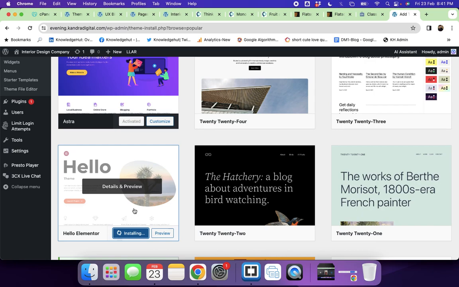Sir, we don't know what type of business categories will come for our websites. So how do we identify whether each theme has all the features? Yeah. So you have to